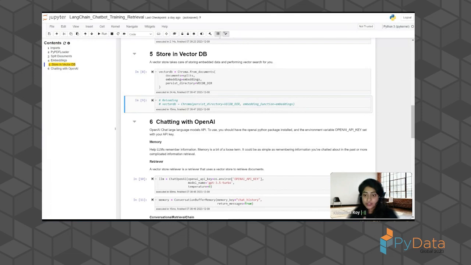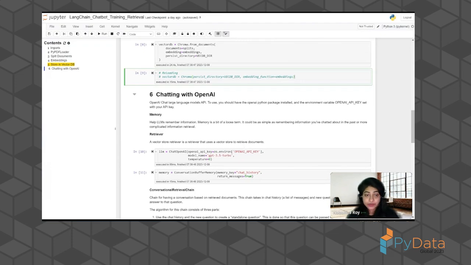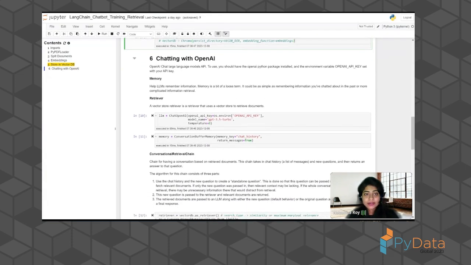you should see, inside the folder that contains the vector database, it should be created now in your file explorer folder structure. Okay, and then